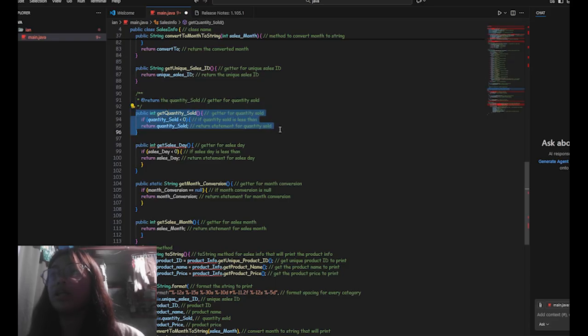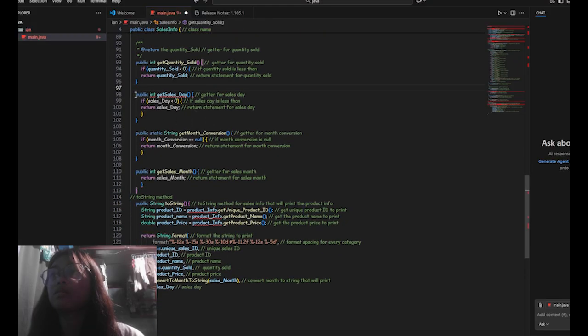This public int quantity sold is the getter to return how many items were sold and sends back the quantity sold. Public int get sales day. This sends back the sales day, and the getter returns the converted month name and sends back the month conversion string.